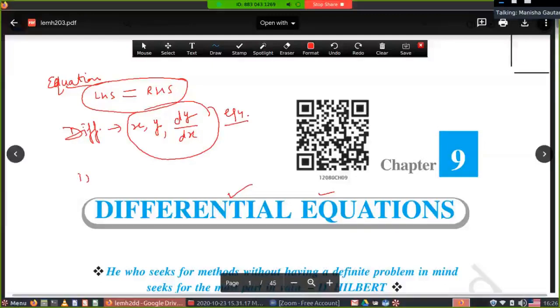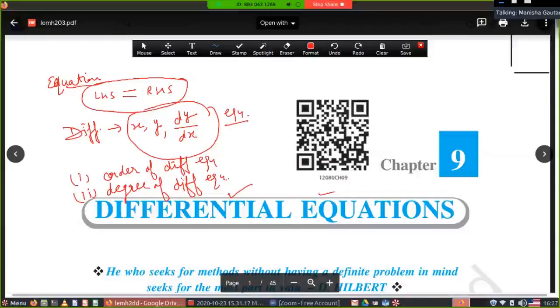First is order of the differential equation. Second one, degree of differential equation. In the first exercise of this chapter, we'll study about order of the differential equation and degree of